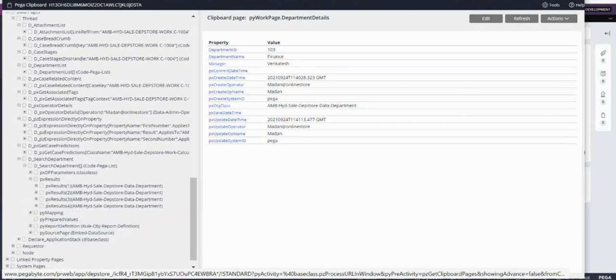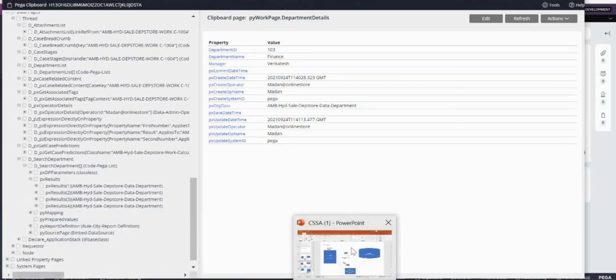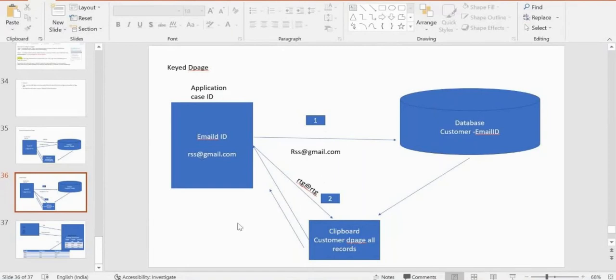I think this properly explains the speciality of the keyed data page.